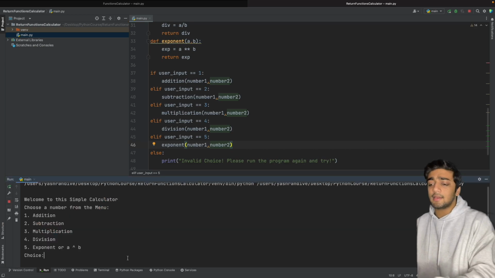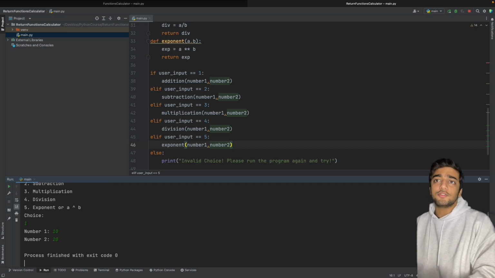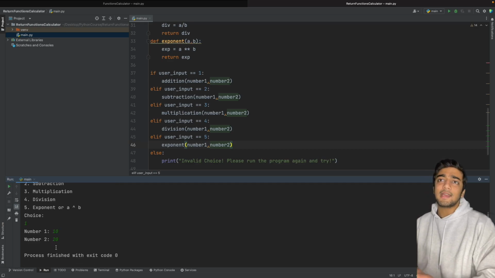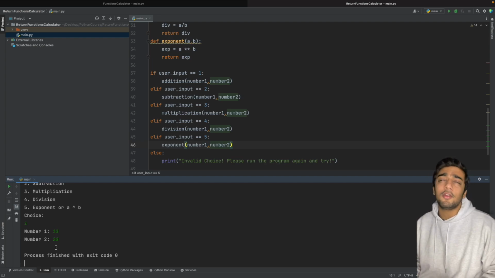Let's run it and test it out. Okay, I'm going to do addition. Number 1 is 10, number 2 is 20. But this time our program doesn't give us an error as such, or doesn't give us a syntax error. It just does not display the result that we expected it to display. This means that what we've encountered is a logical error or a logical issue in our